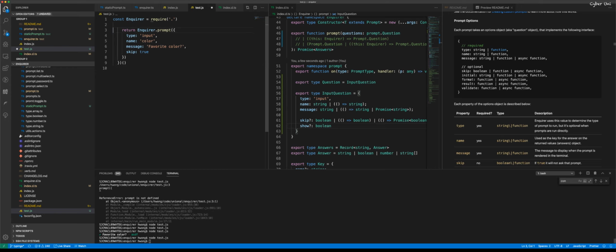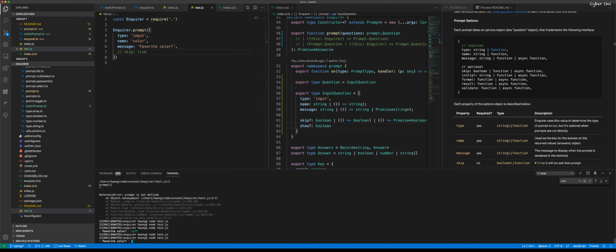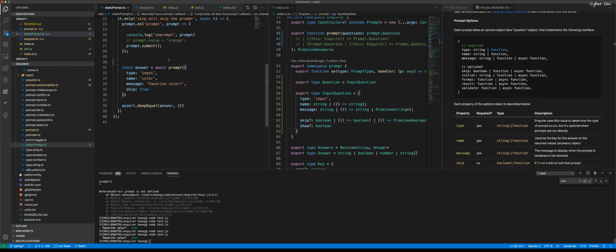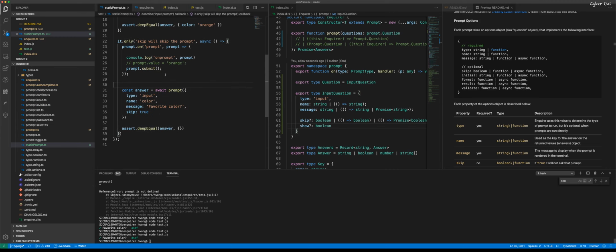Okay, so let me actually just, for fun, right, so this will ask for it. I don't really need to do the wrap around the async function. Right, so the skip function is actually working. Let me keep that file over there, so in case we have any other issue like this, then